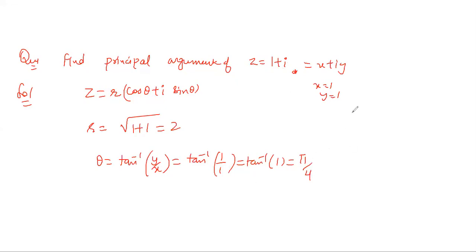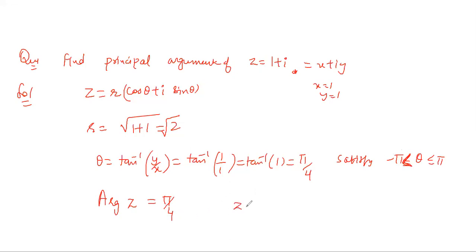So this angle is definitely pi by 4, right? Yeah, sorry, square root 2. Thank you. Okay, so this is theta, और अब जो भी theta आया, this you now check. Since this satisfies that range, ये minus pi और pi के बीच में आ रहा है, it satisfies this one. So this is your basically principal argument. So capital Arg of z is pi by 4, right?